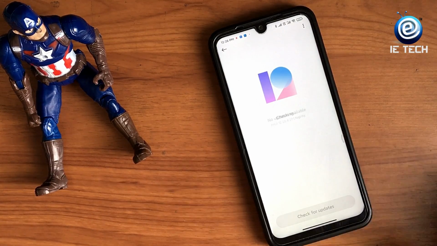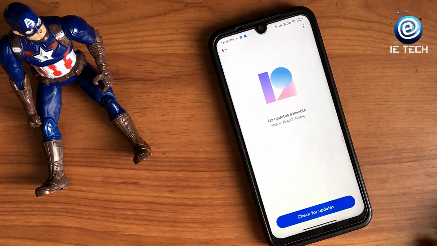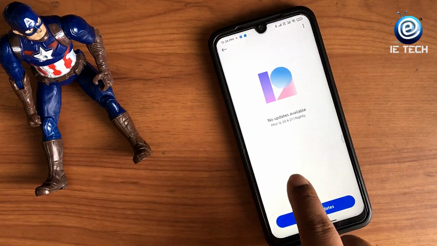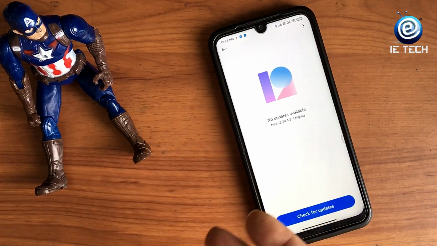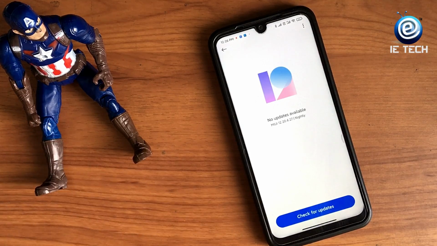The second batch will be Mi Mix 3, Xiaomi Mi 8, Redmi Note 8 Pro, and Redmi Note 7 Pro. These devices are going to get the build in June in the second batch.